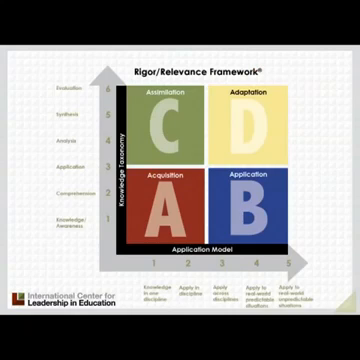Taking these 2 scales, we divide them simply into high and low and end up with 4 quadrants of learning. Quadrant A is low on the cognition scale and low on the application scale. And Quadrant D is high on both scales. Quadrant B reflects higher degrees of application. Quadrant C reflects higher degrees of